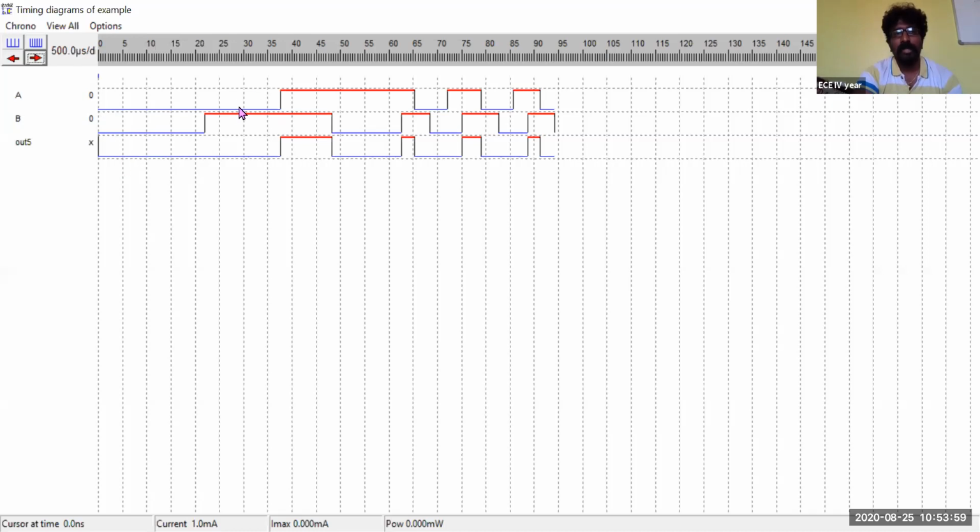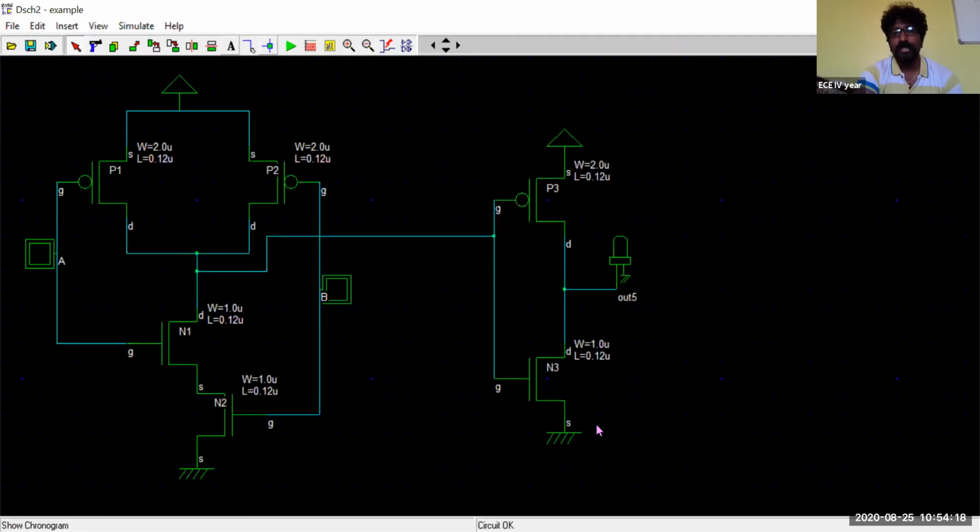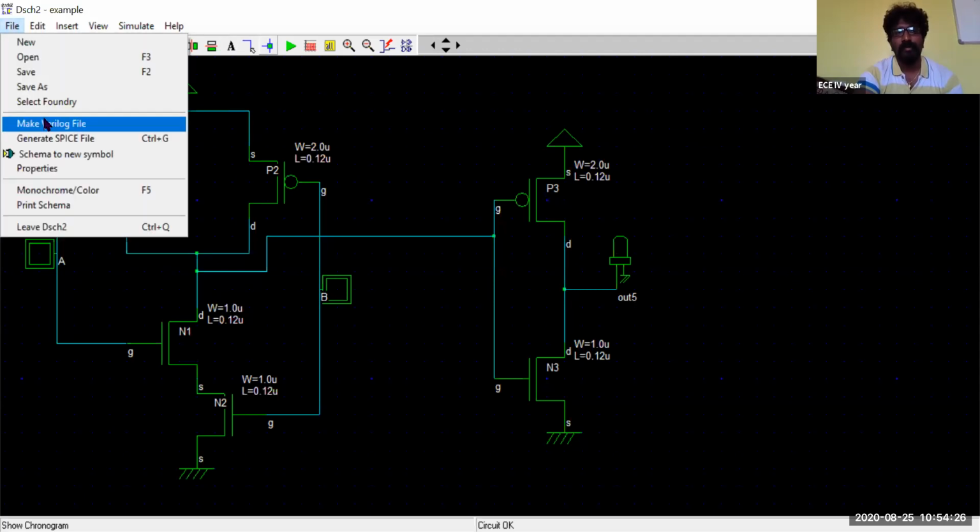If input A is equal to 0 and B input is 1, then the output will be 0. If both the inputs are 1, the output is going to be 1. In all the other cases, except when both the inputs are in high state, the output will be 0. So this is the timing diagram for the CMOS AND gate as a whole, and also the CMOS NAND gate for this structure. So let us try to obtain the Verilog program for this one.